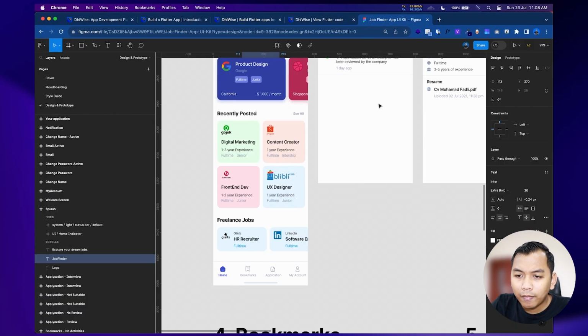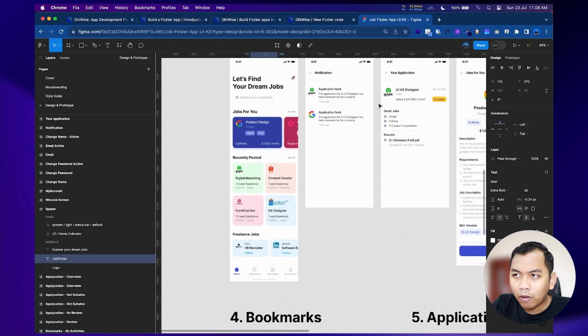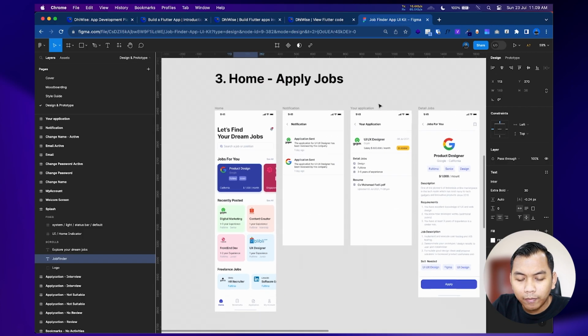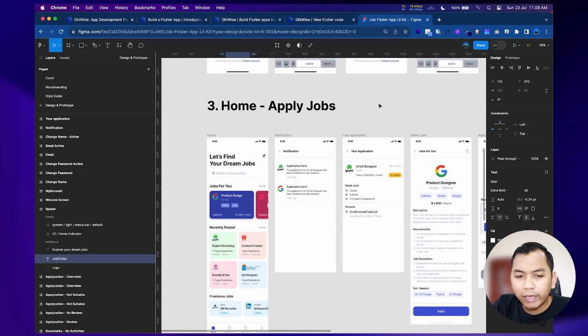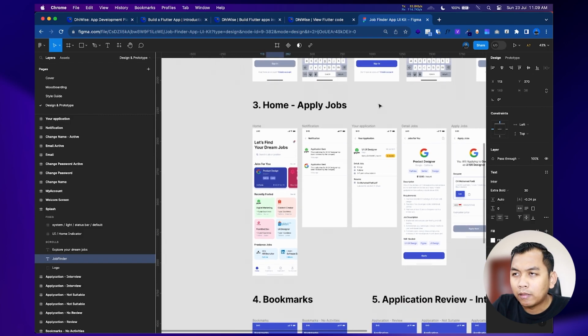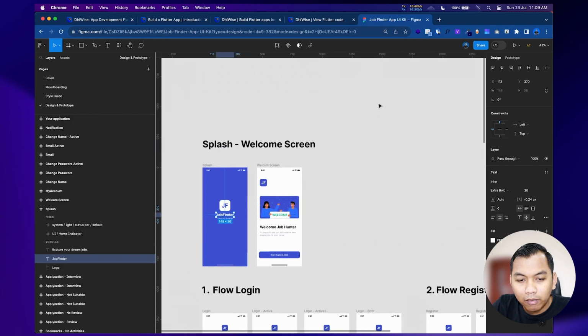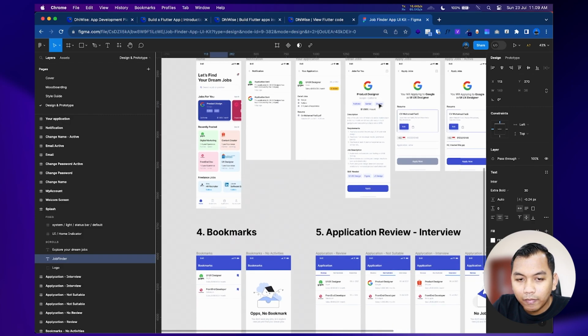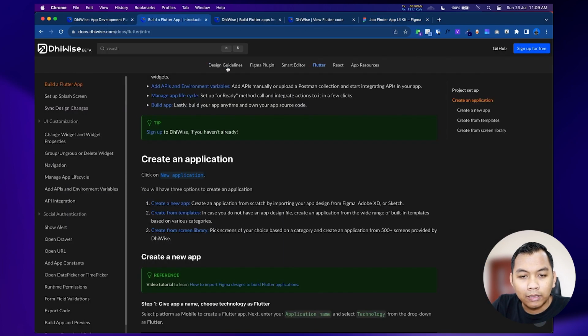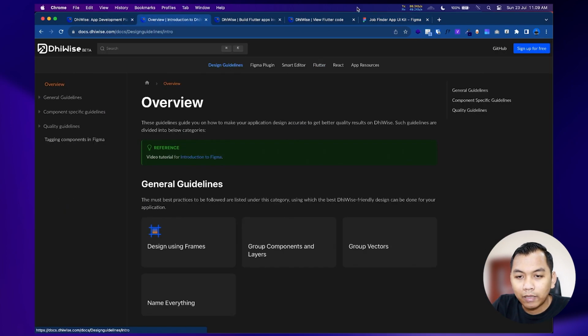And the result compared with the design is nearly similar. Maybe it's around 90% similar to this design, but we must follow the design guideline here.